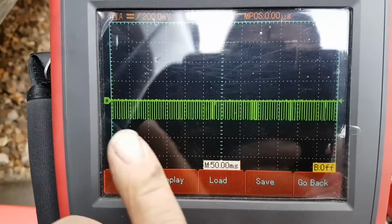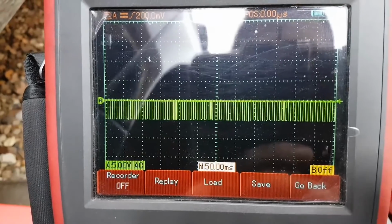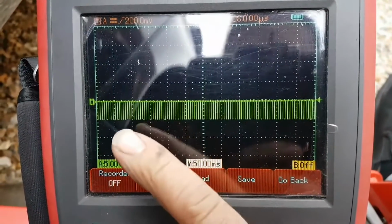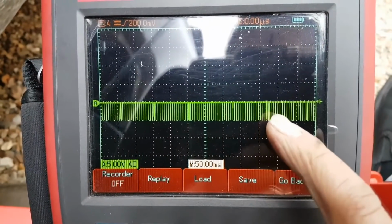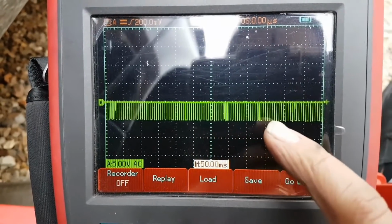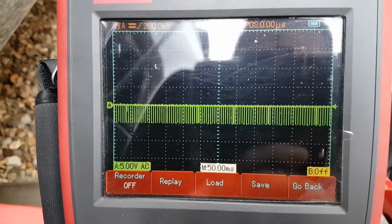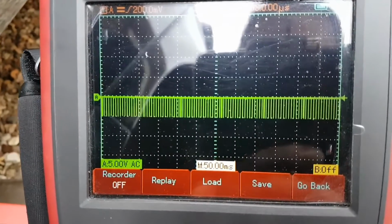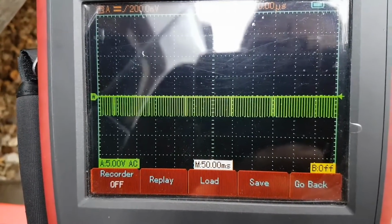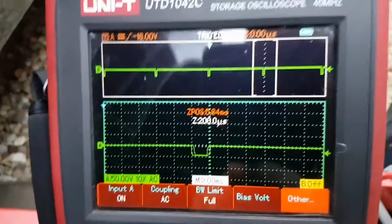Sometimes, I'm not gonna lie, this is where something like a Pico will be really, really helpful. But still, you can see something there. I'm gonna try to see if I can capture that slightly better in a faster time frame, or maybe zoom in to see what that is exactly. Okay, and I actually managed to get it triggered in there and zoomed in,